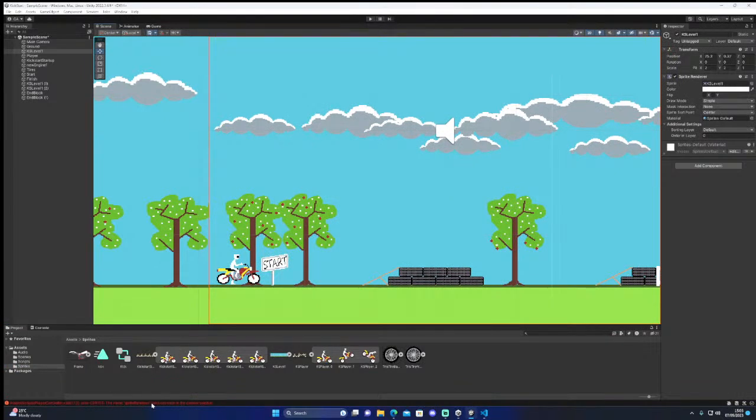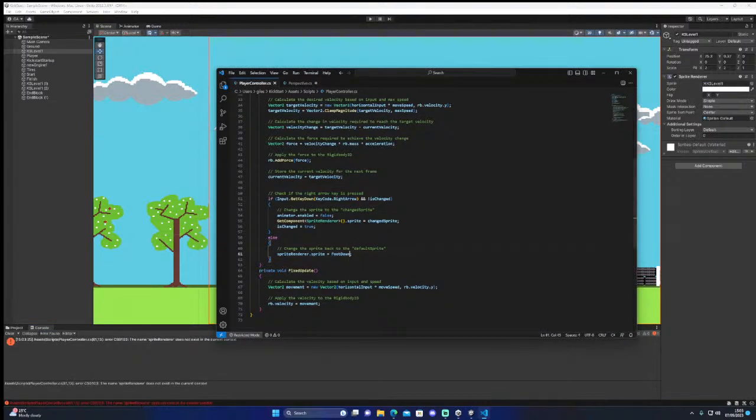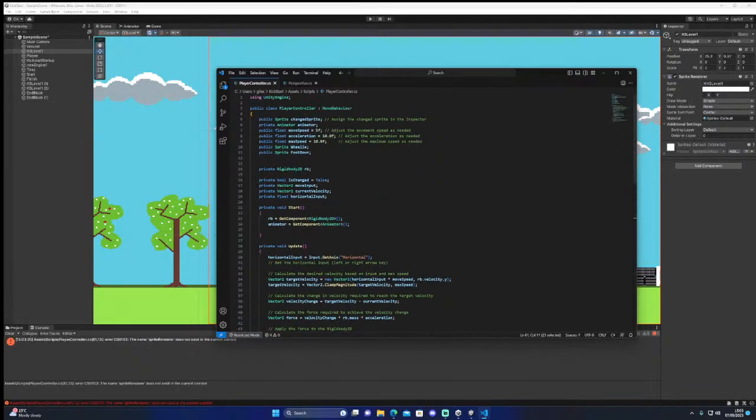Sprite. Okay, what? Name sprite renderer does not exist. Sprite renderer. Oh, get components. Hang on. Key down, get component equals change sprite. Is that here? Change sprite.